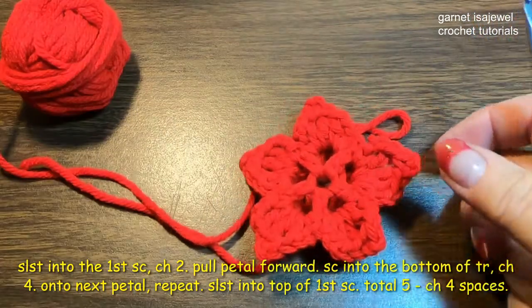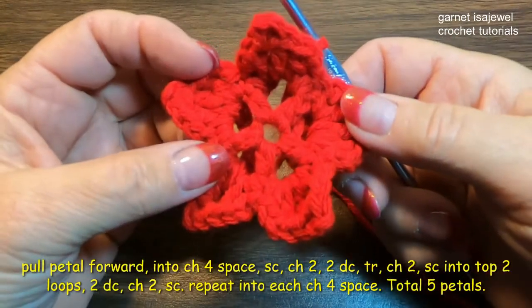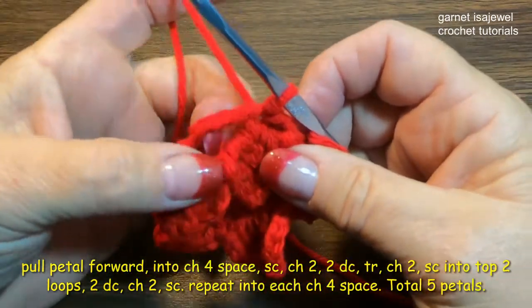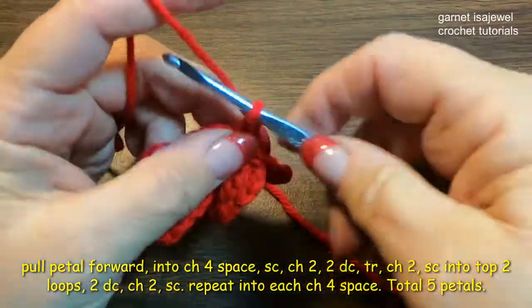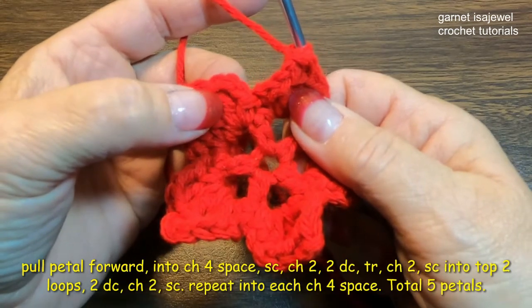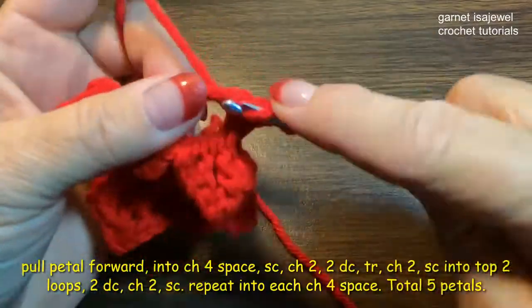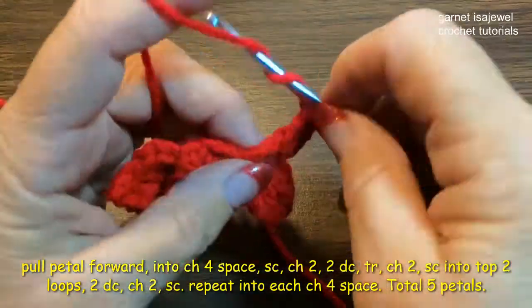Let's start our next row. Now, having our flower forward, pull one of the petals down and you'll see our first chain 4 space here. So into that chain 4 space, let's single crochet and chain 2. Now it's going to be similar to what we did on the first row, except we're going to add a second double crochet. So 2 double crochet, and slide your work a little, a treble,